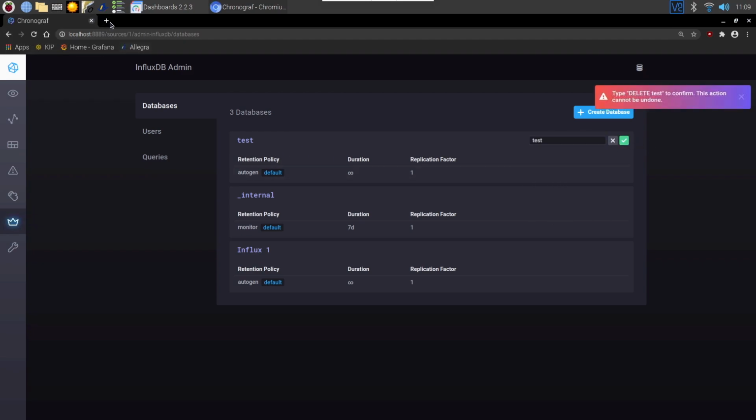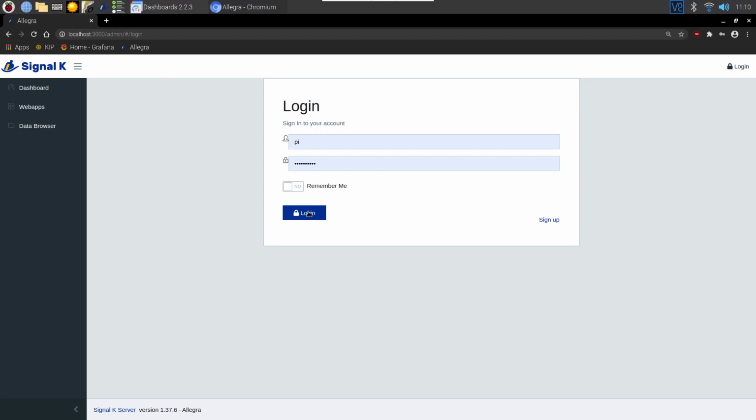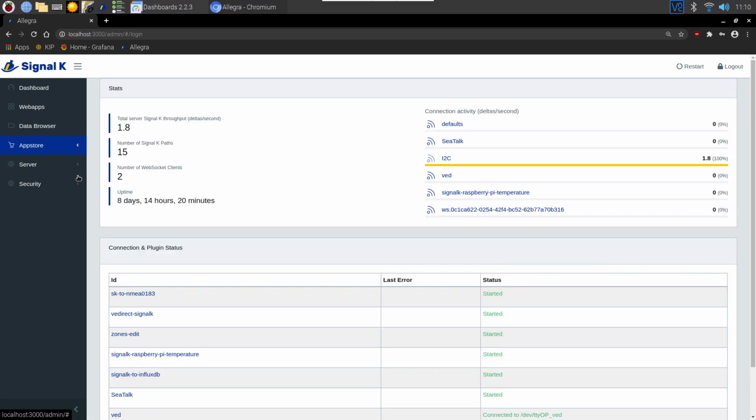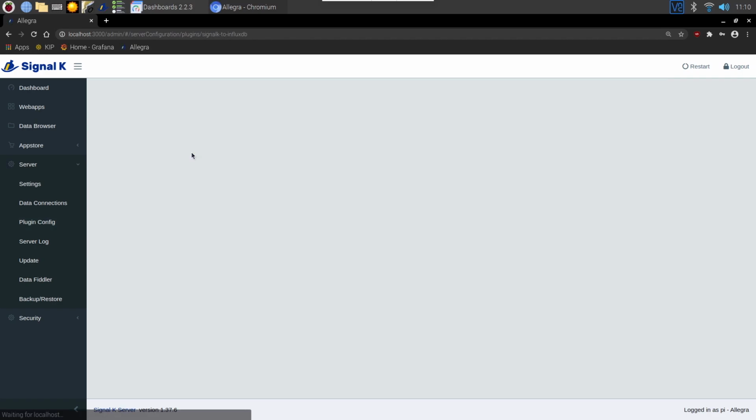Now if we head back to SignalK, that's another thing to mention. Sometimes the menu on the left is much shorter. That's if you're not logged in, so just make sure that you're logged in and you'll get additional features and functionality. Okay, so now we need to head to server and plugins. You'll see here there's an InfluxDB writer, so SignalK will output data direct to your Influx database. So if we open that up,